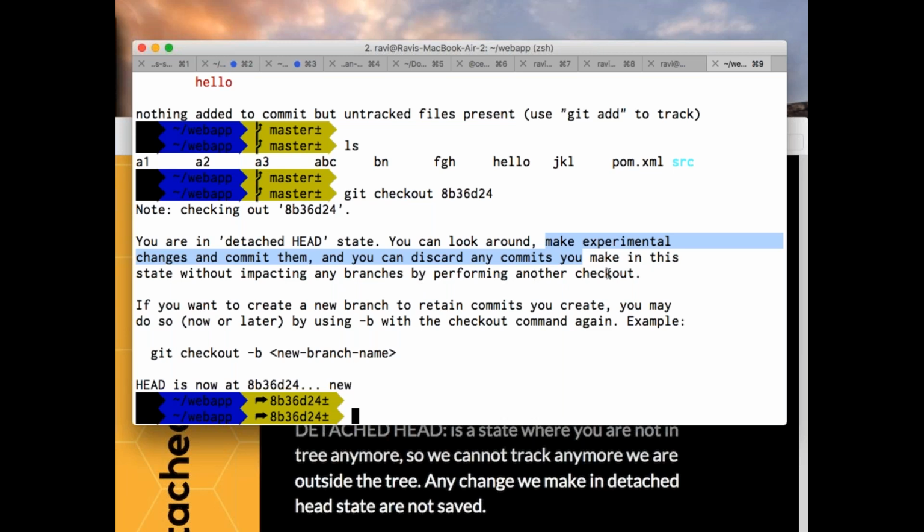So actually, I should not do git checkout master. I should say simply git checkout. That's the thing I did wrong over there. And it says, whatever work you did, it was good from this point. I mean, the files like hello and these particular things you made, they are the working copy now. So the experiment went correct and it worked out. Now what you can do is create another branch with those changes from this point of time.